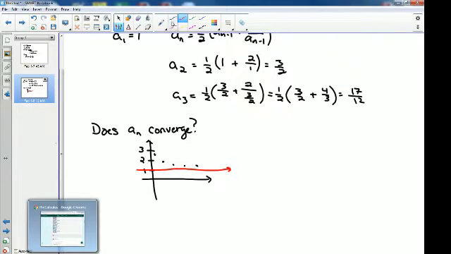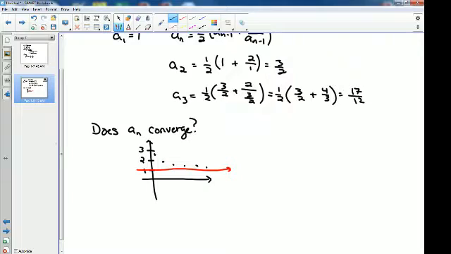What would this sequence be converging to? Zero? So you tell me this is going to hit the x-axis at some point, or not converge to it? Oh, you said what? We said no. Oh, I heard zero. Yeah, so we would say that A sub n converges